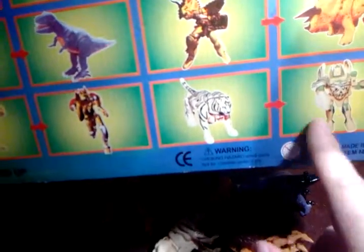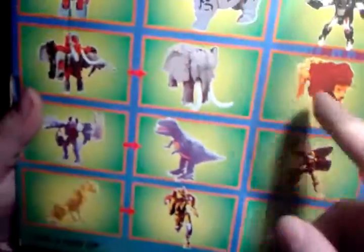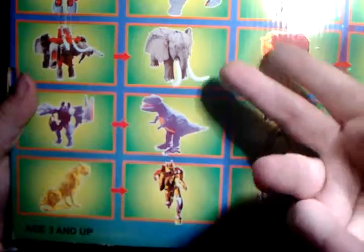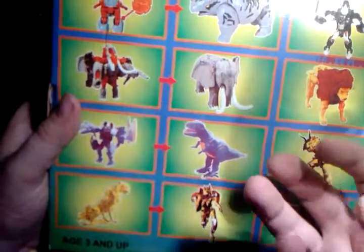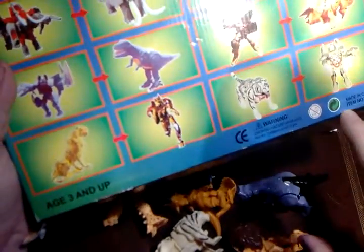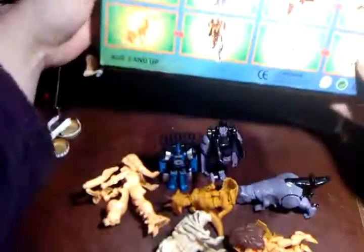And what's his name? Tigertron. Where's Silverbolt? You almost had Magnaboss in Legion class. That would have gotten a pass as well. If it at least worked and combined into one thing, you'd put it as Magnaboss and never touch it again. But yeah, so